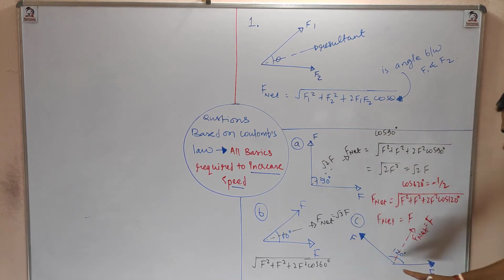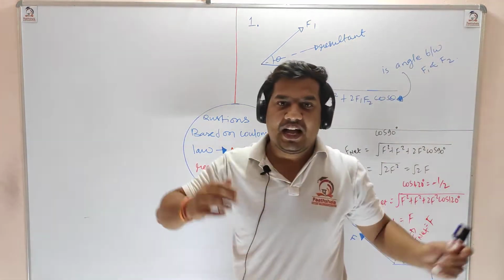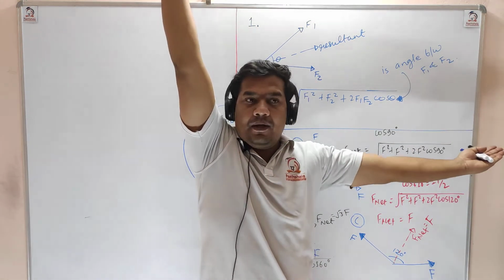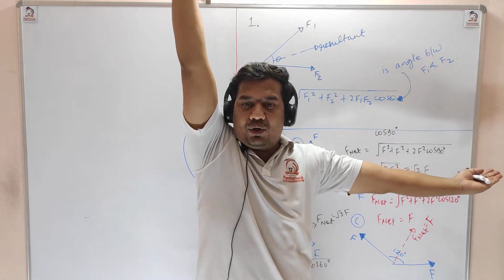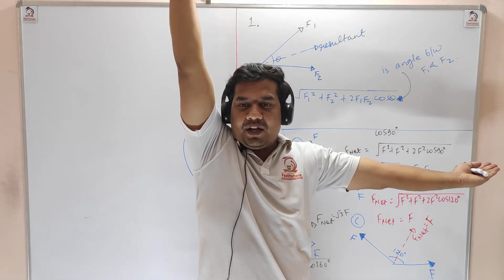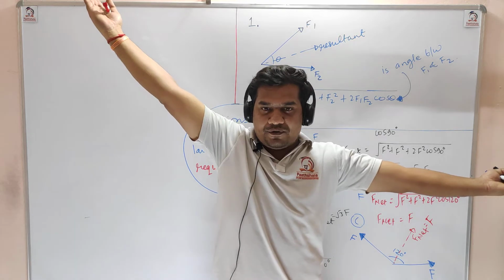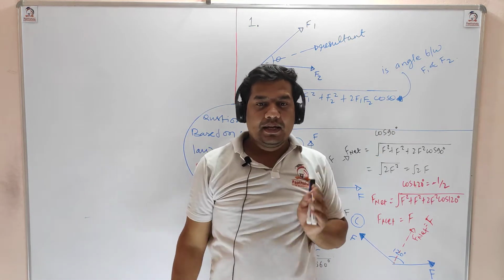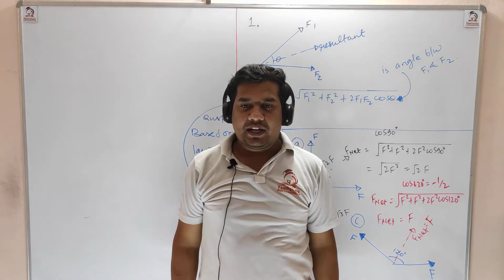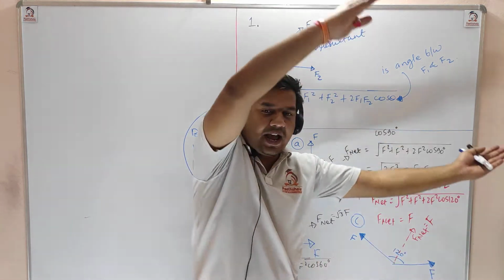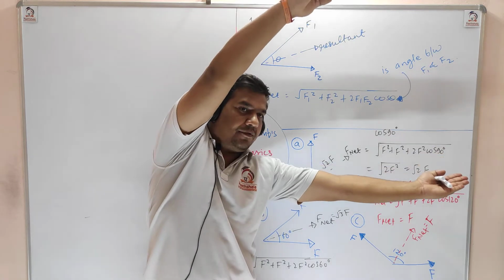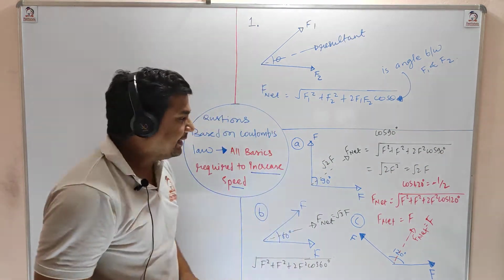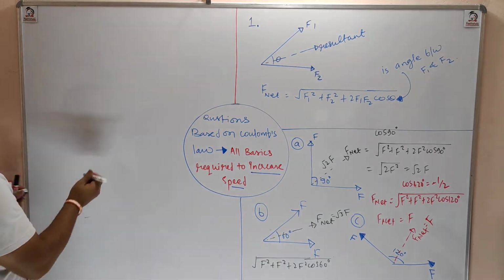Remember these three results. When two equal forces F and F are at an angle of 90 degrees, the resultant is root 2F. If two equal forces are at an angle of 120 degrees, the resultant will be F. And if two equal forces are at an angle of 60 degrees, the resultant is root 3F. Keep all these results in your mind. The next basic is